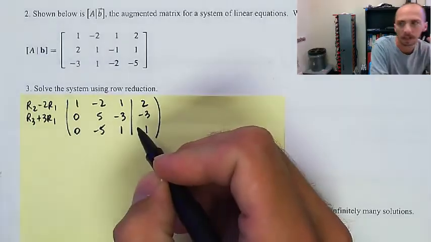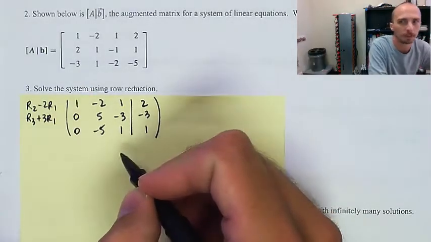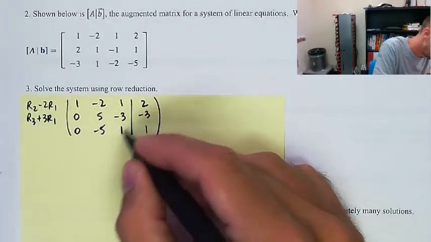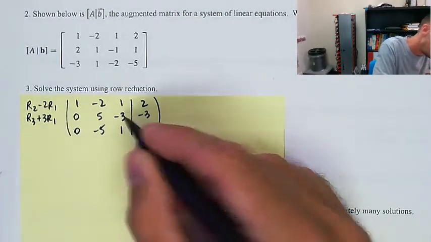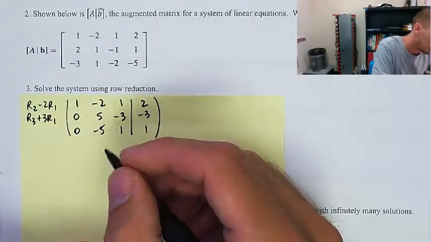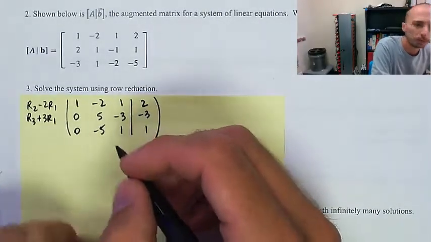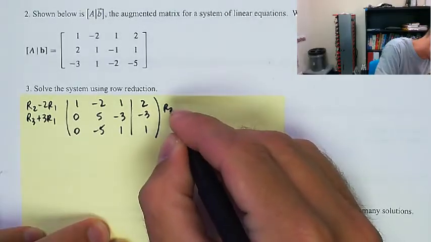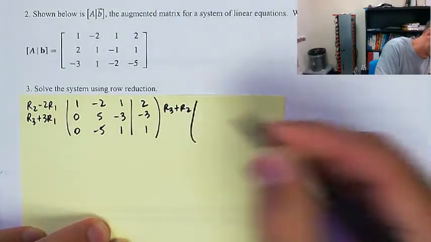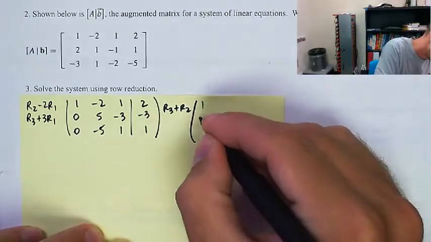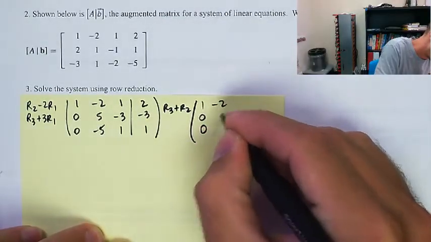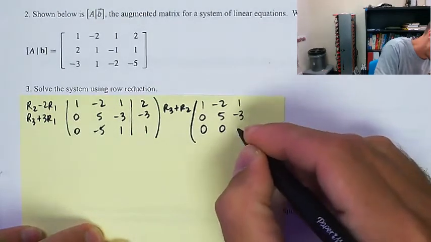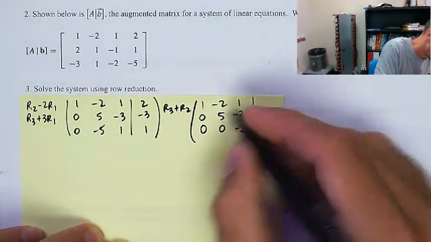And then maybe something good will happen. Okay, and I think I'll be able to kill that off, use whatever comes back here to kill that. But I don't know if you can see that yet. Maybe you need a little more experience. So I'm going to take row 3, and I'm going to just add row 2. Okay, so I'll have 1, 0, 0, negative 2, 5, 0, 1, negative 3, negative 2, and then I'll have